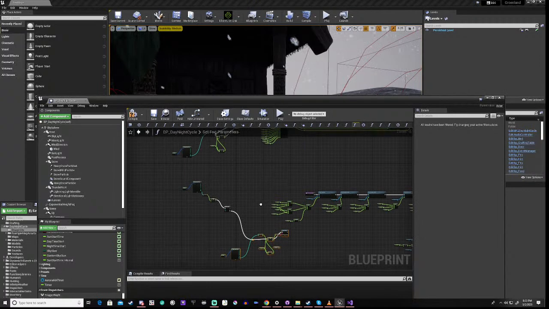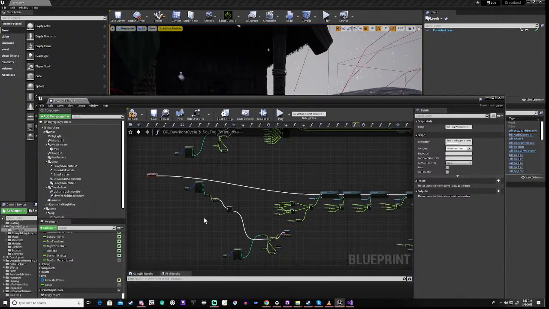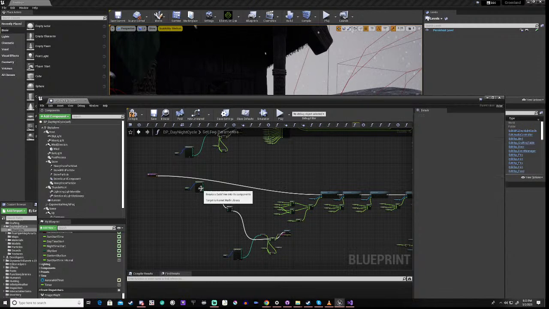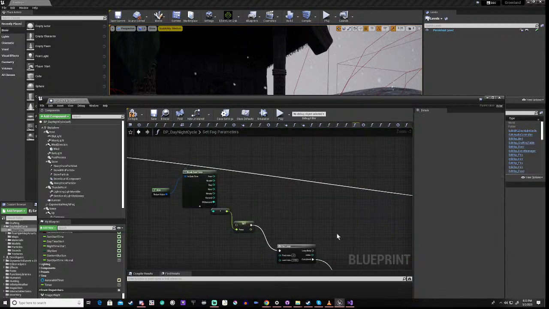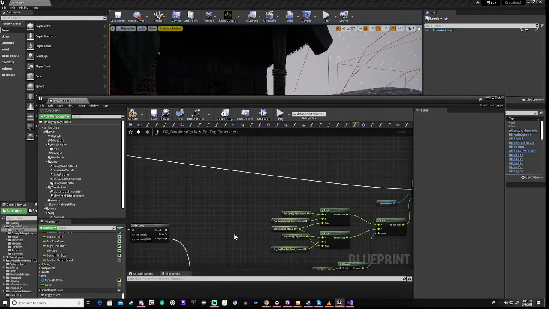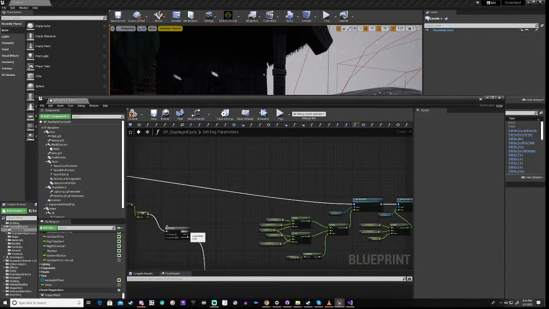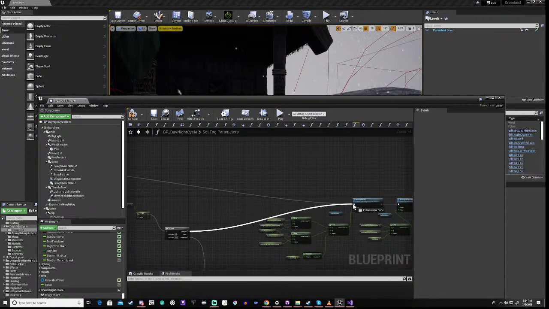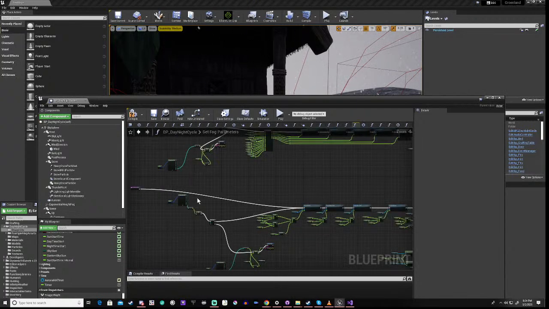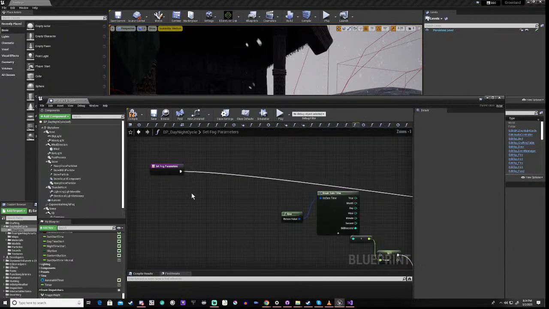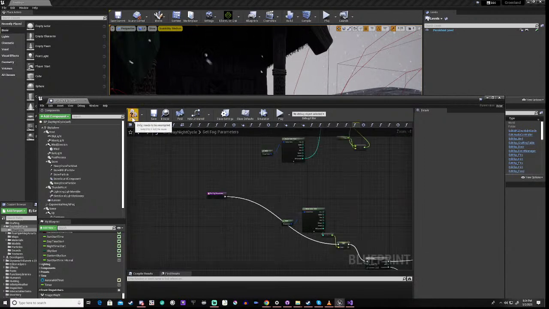We plug that in there, and the only difference now is this gets replaced by this. Okay. And this goes in here. Okay, so